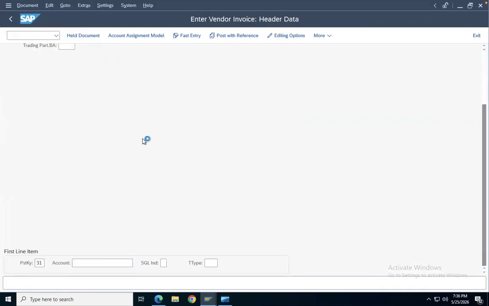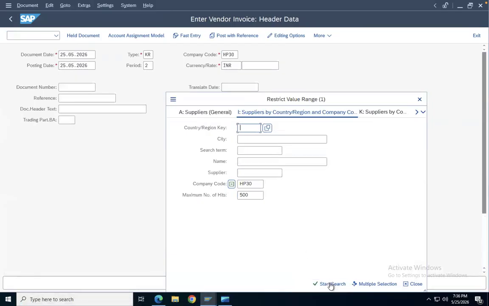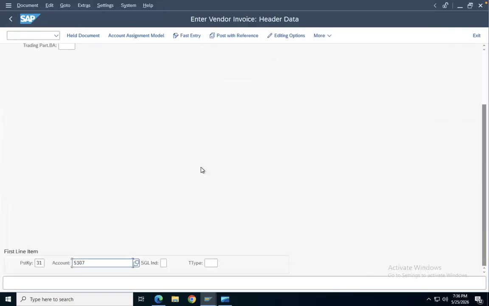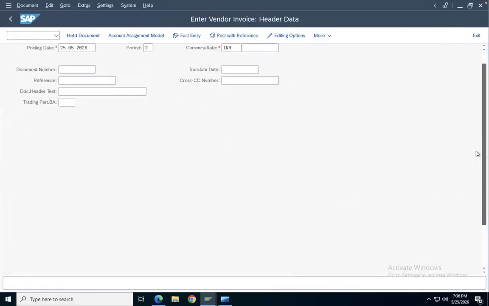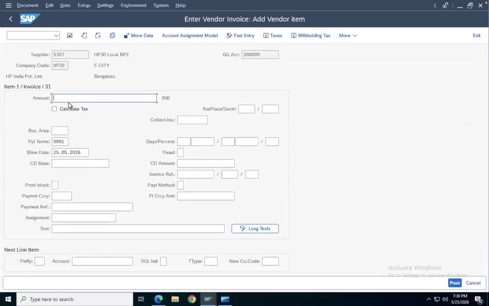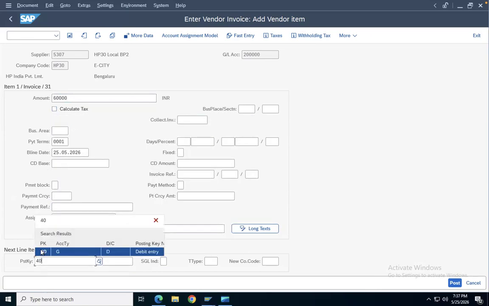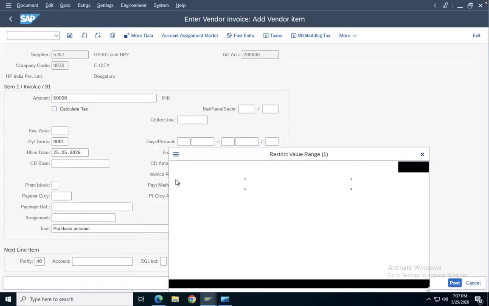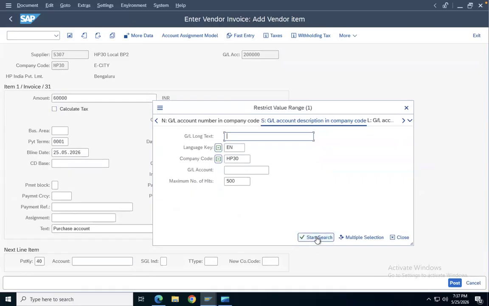So we have created 7, right? 7 should come here now. BP27 here, see, came. Okay. Now we'll do enter, we'll give something 60,000, and purchase account here 40, and then account, what was that account for this one? Expense account was there, right? Expense account,